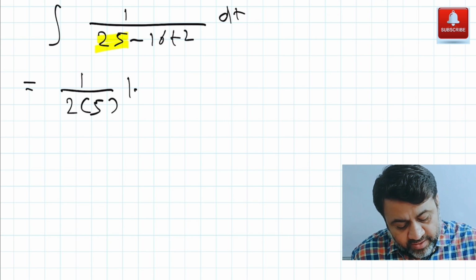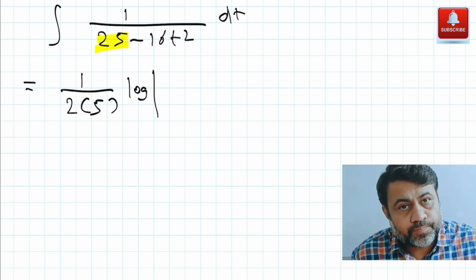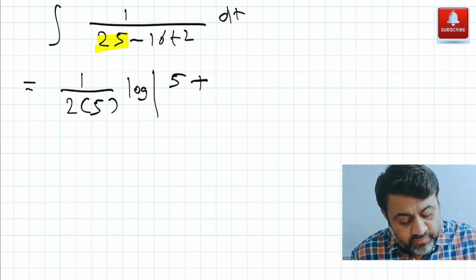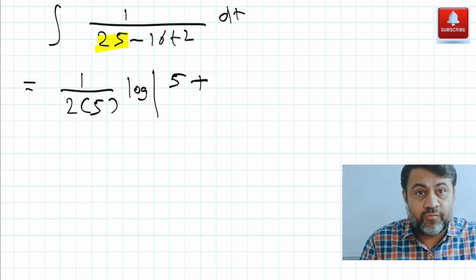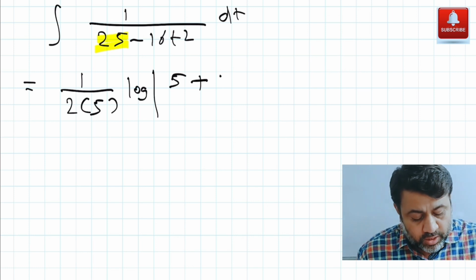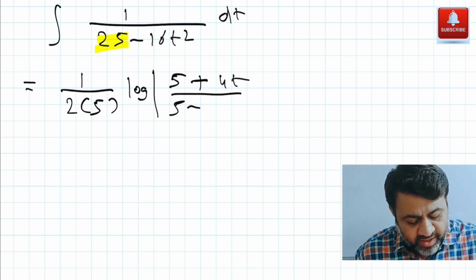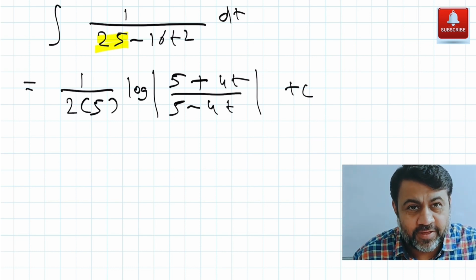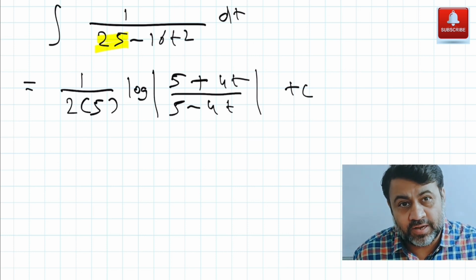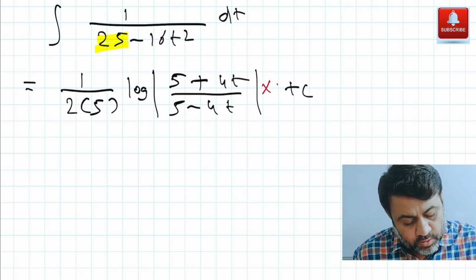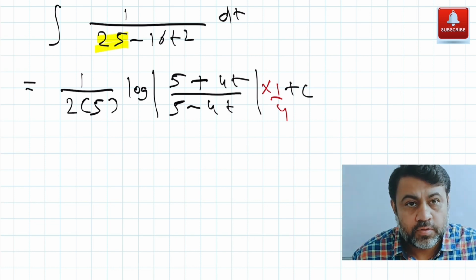A का value will be 5, log mod a plus x, 5 plus variable, 16t square के बदले हम लोग लिखना है 4t the whole square. So I'll be writing 4t upon 5 minus 4t plus c. कुछ भूल गए? ठीक है? Now this is what happens in the exam. You are in flow and you forget small things like multiplying by 1 by 4. Make sure you are not one of them.